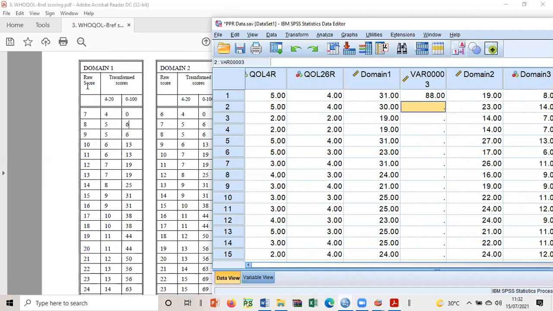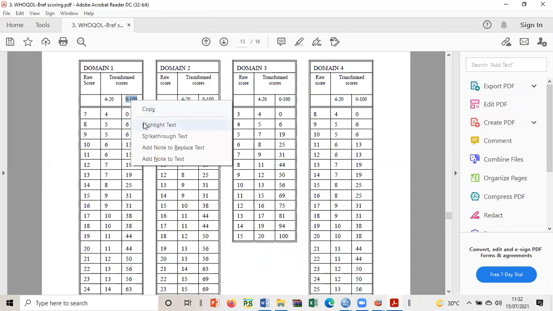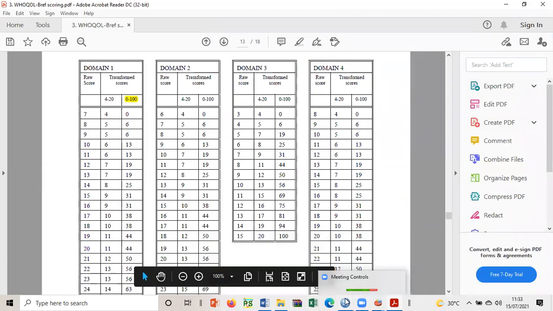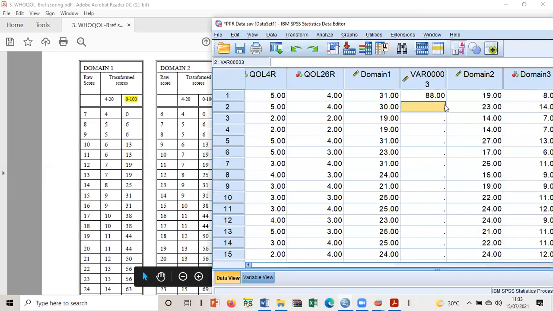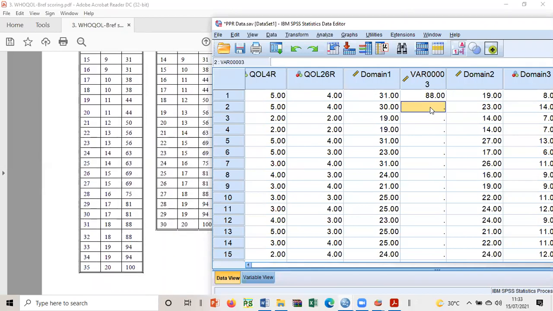81. Look at this raw score, and it's transformed to 0 to 100, upon 100%. 4 to 20 becomes 0 to 100. So we take the 0 to 100 transformation, then it's a percentage like 50%, 60% or somewhere, right? Okay, next one. What's next? 30. 30 will be 81. Next,